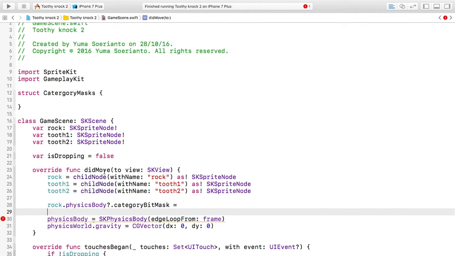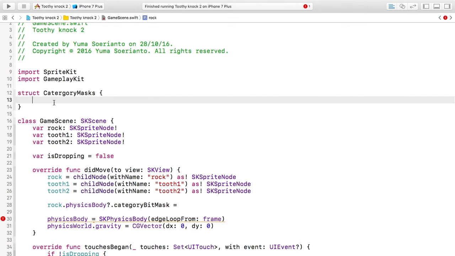If you have a class, you need to instantiate it to be able to access this struct. You need to create a variable with a game scene. But if you do static, you don't need to. You can just access it like a